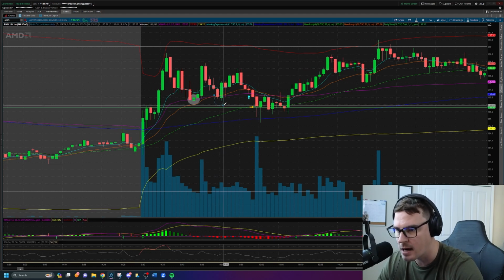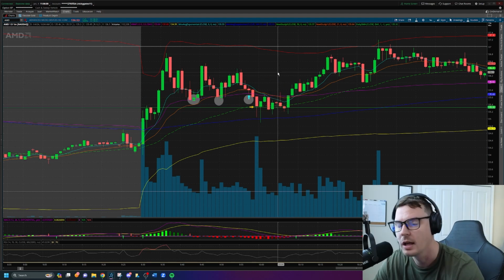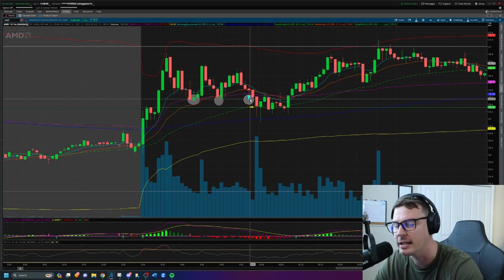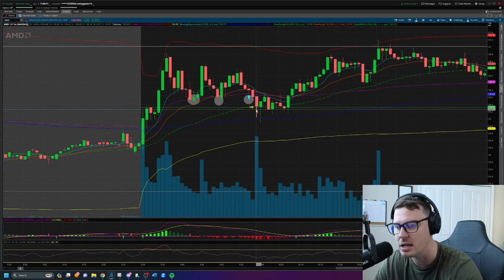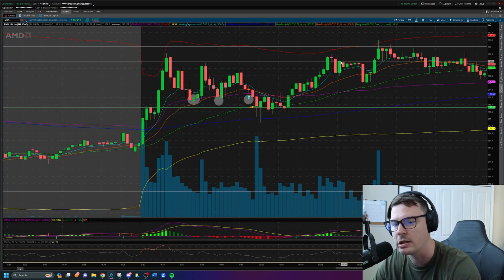I saw this happen again, and it bounced, and I took it on the third entry thinking it was going to bounce. Unfortunately, of course, the third time that it tests this same area, it doesn't bounce. It actually dips a little lower, and I just instantly close the position out. I was not willing to give this any room to work. I saw this volume coming in. I saw it getting bought back up. Maybe I could have went back in on the trade over here for the run up,